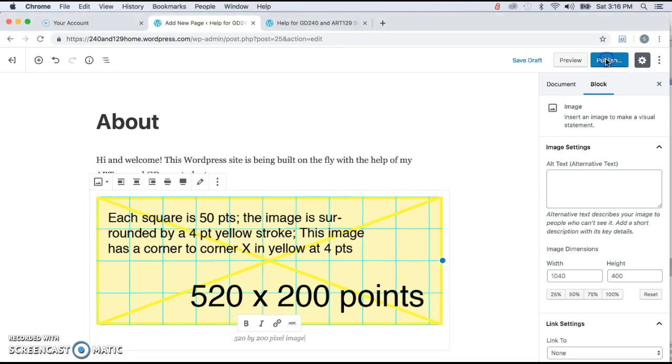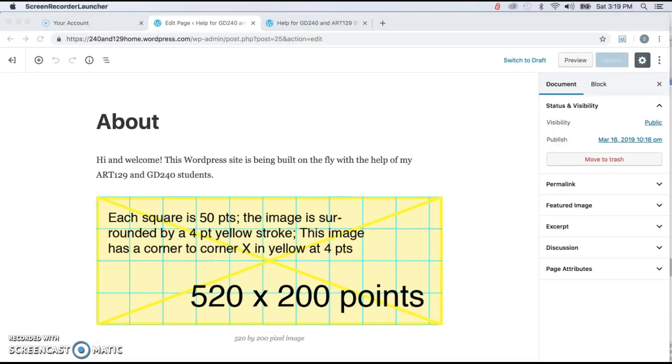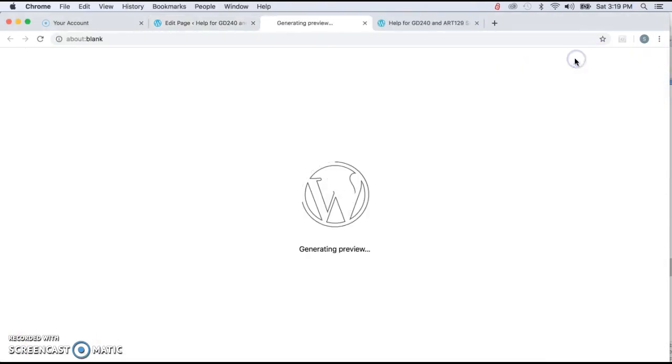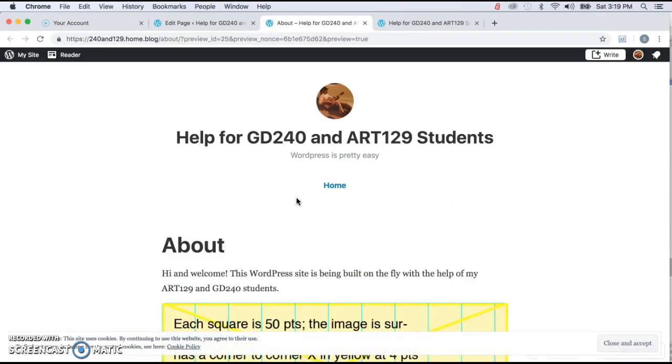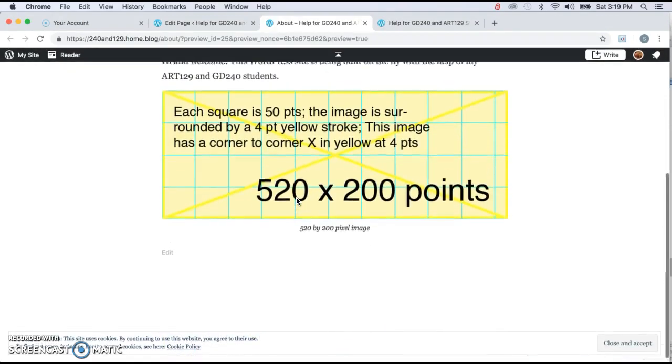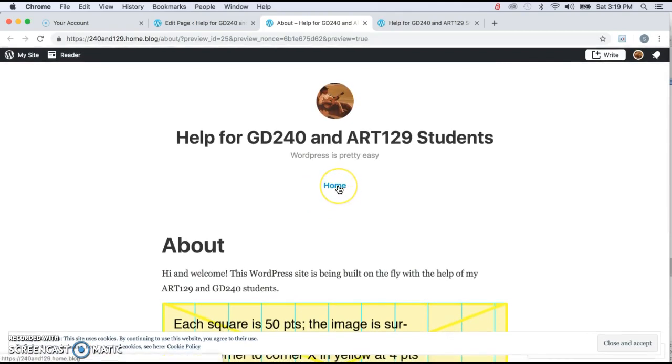And let's publish this page and see what happens. Now that it's published, if we click on preview, we can get a pretty good idea of what the world's going to see when they look at this. Interesting new thing, or maybe just a glitch, is it would usually add the name